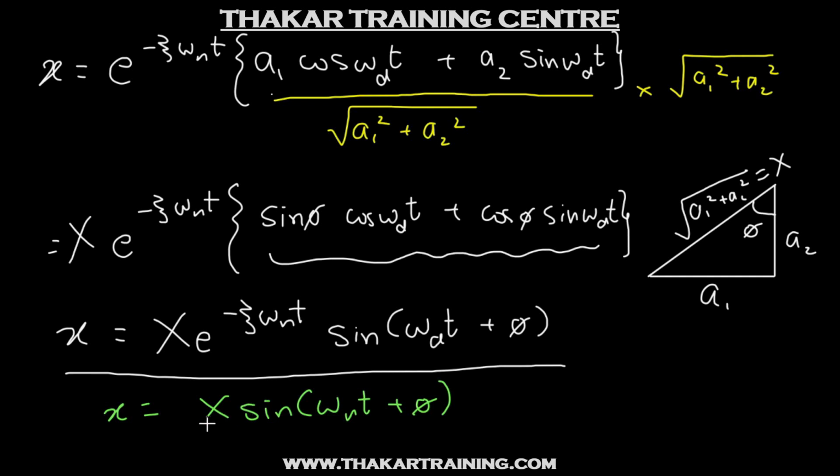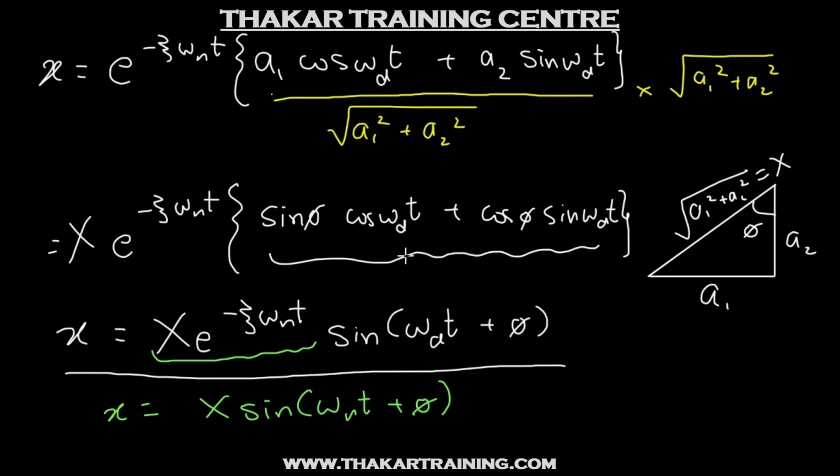Correct? And the free undamped system had a constant amplitude of vibration. That amplitude was never changing. But here the amplitude is going to change with time. There is a term of time over here, right? And that amplitude of vibration is going to decrease exponentially. So two things are different from the solution of the free undamped system: the amplitude is not constant, it will now decrease exponentially with time, and the frequency of vibration is omega d and not omega n. Alright. I hope everybody has followed the solution of the free damped system.